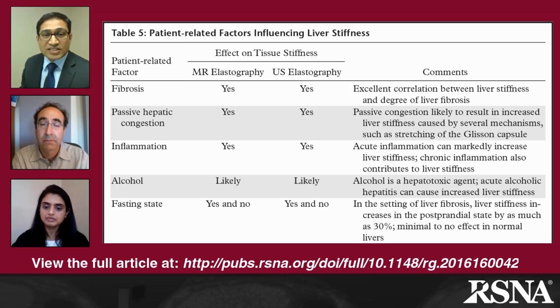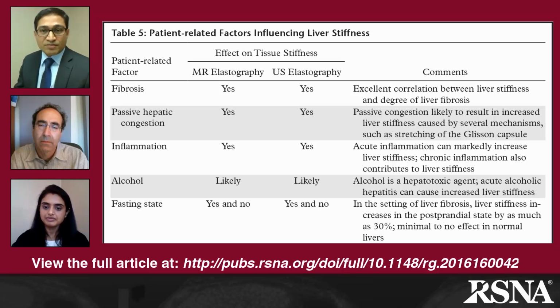But a fibrotic liver is less compliant. It cannot distend much, so when this increased flow comes, it gets stretched. The capsule gets stretched, as a result of which the stiffness increases. So if you measure the stiffness in a postprandial patient who has fibrosis, the stiffness is going to be higher than when he is in a fasting status. It is very important that patients should always be scanned in a fasting status, and fortunately, clinically, we always scan patients fasting. This should not be a problem, because a fasting status of at least a minimum of 3 to 4 hours should be easy to follow.